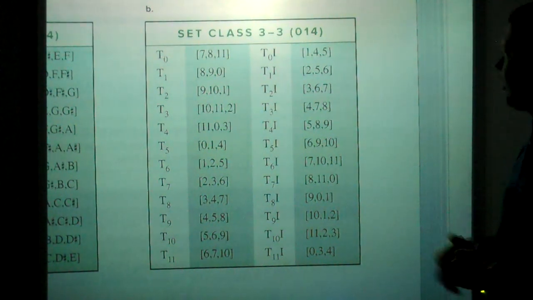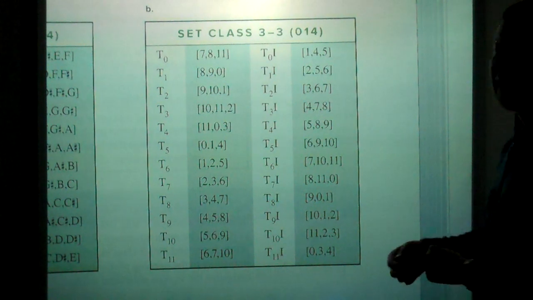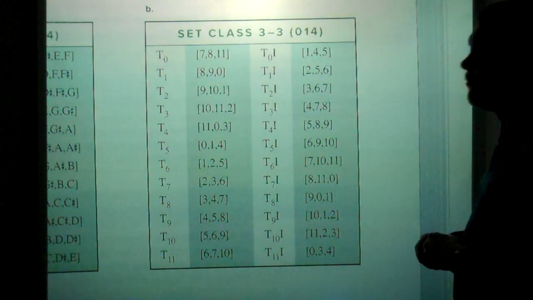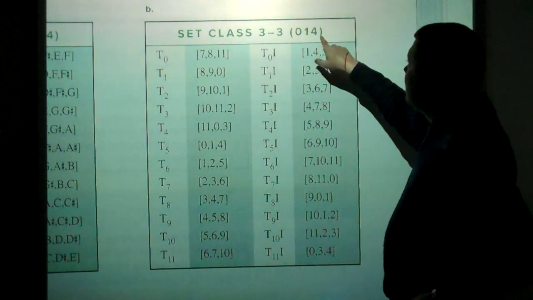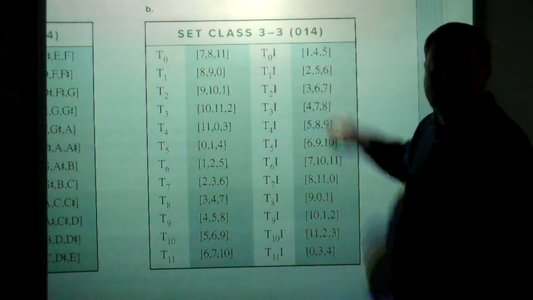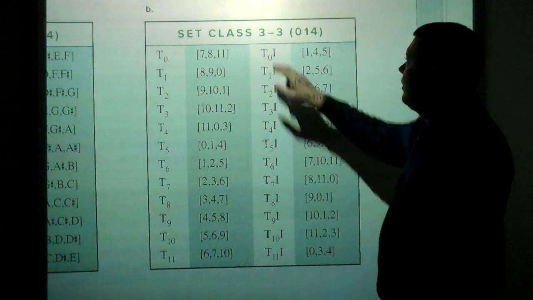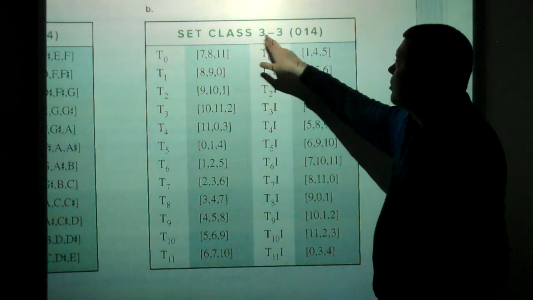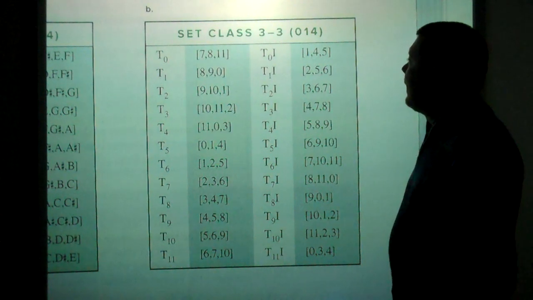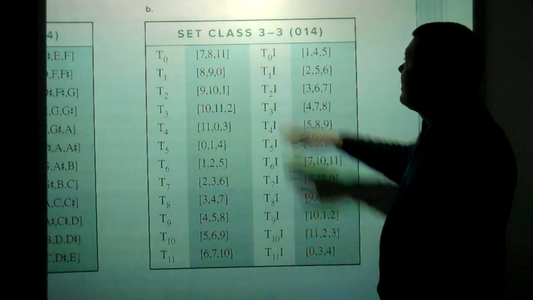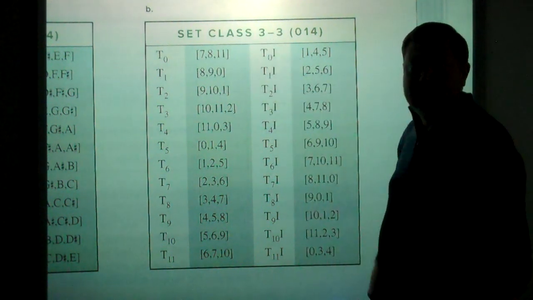You can see that the original set I started talking about, and the set that I did just find prime form for, you can see that the name of this set class is there in parentheses. It is 0, 1, 4. You do not necessarily need to know what this 3-3 means. All I can tell you is that this 3-3 is a name